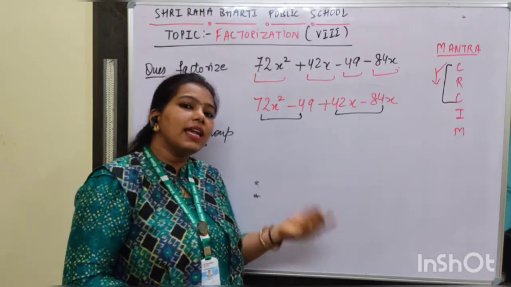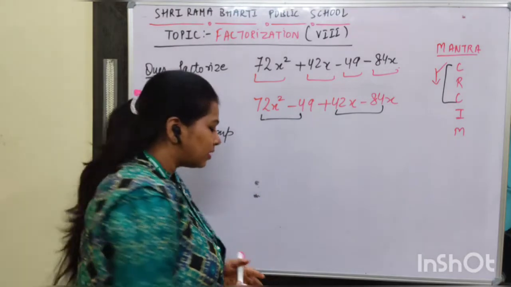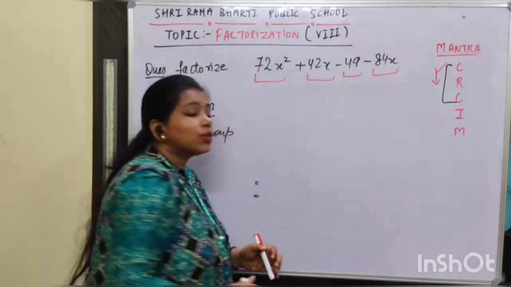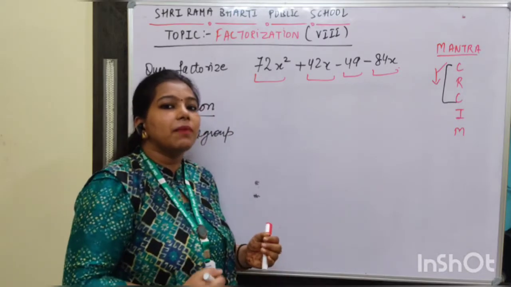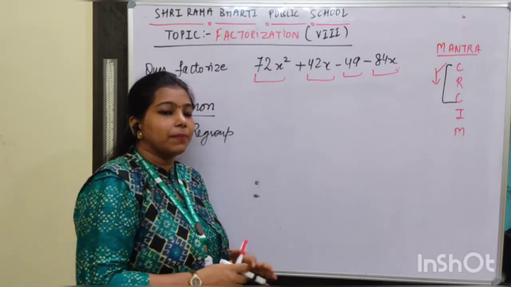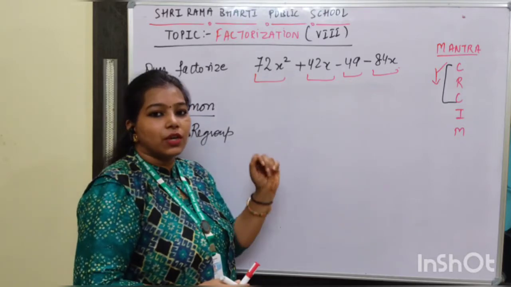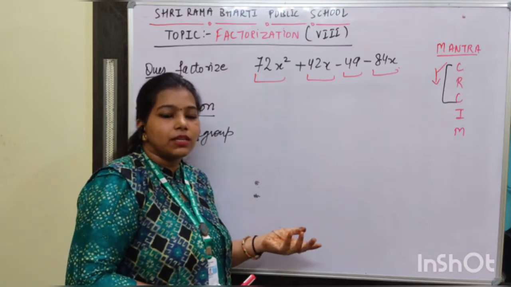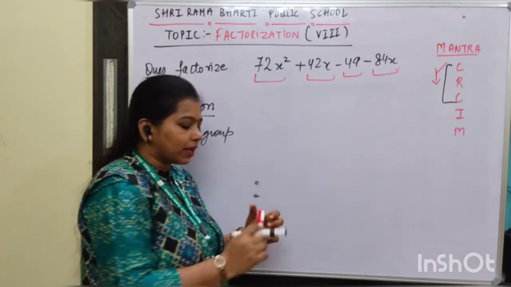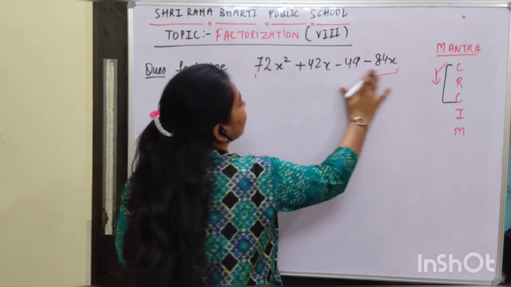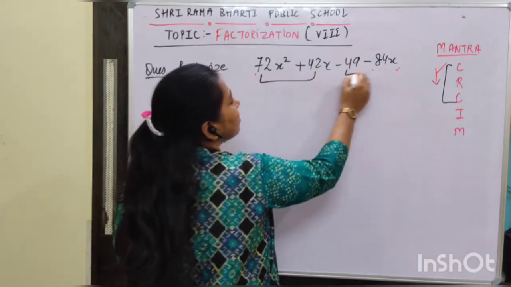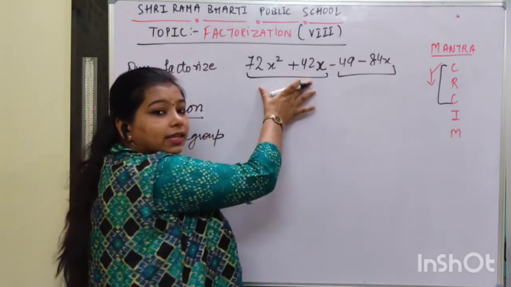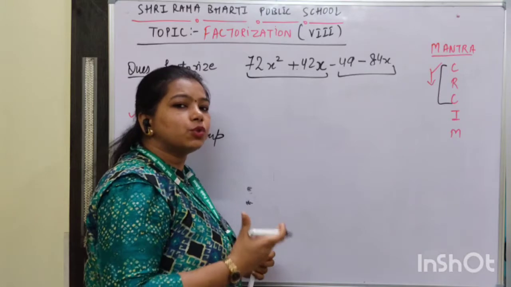So we will again regroup it with different terms. It can happen in each and every question. So it is a kind of trial and error method while we are regrouping the number. Because we had taken this and this term first, we found that there is nothing common between both the numbers. So now we are going to change the regrouping. After changing, I am going to regroup the first two numbers and the last two numbers. So I will find the common number from the first two terms.